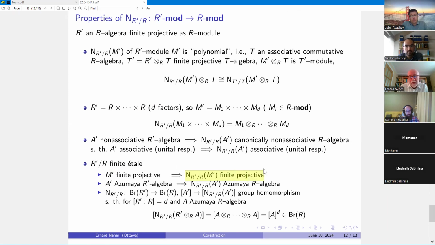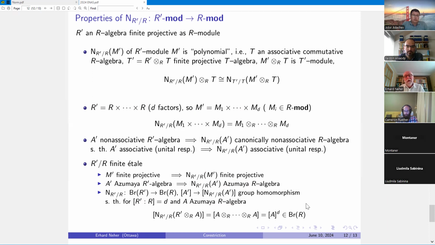This allows one to prove that if A prime is an Azumaya algebra over R prime, then the norm is an Azumaya algebra over R. From there, it's not difficult to show that the norm gives you a group homomorphism on the Brauer group from R prime to the Brauer group of R. And if your extension R prime over R is étale of degree d, and A is an Azumaya R algebra,